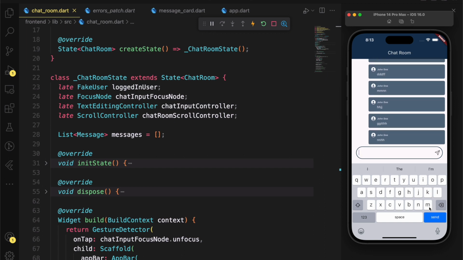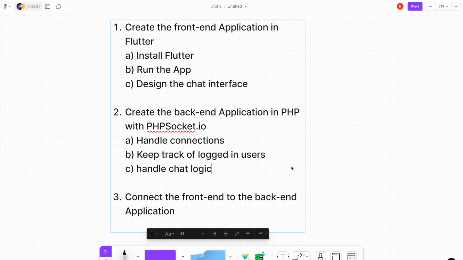I think this is where we cut the line for this video. I didn't expect this video to be this long. So let's cut it short here. And I'll see you in the next video where we're going to build the server side application.